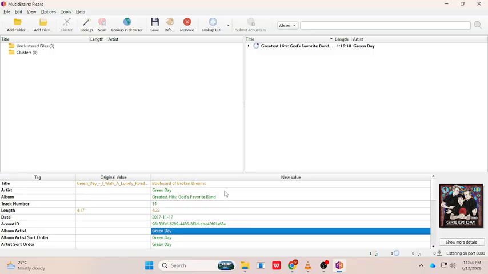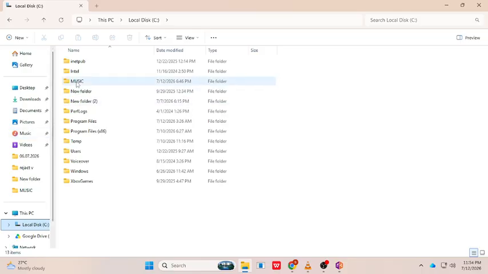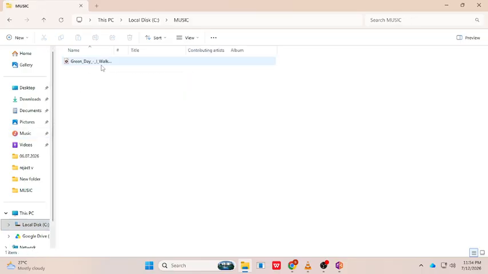Finally, open your music folder or your favorite media player and check the updated album. You should now see the album artwork displayed alongside the song information, making your music library look more complete and professional. And that's how to add album artwork in MusicBrainz Picard. Combining accurate metadata with album artwork helps create a cleaner, more enjoyable music library that's easy to browse across different